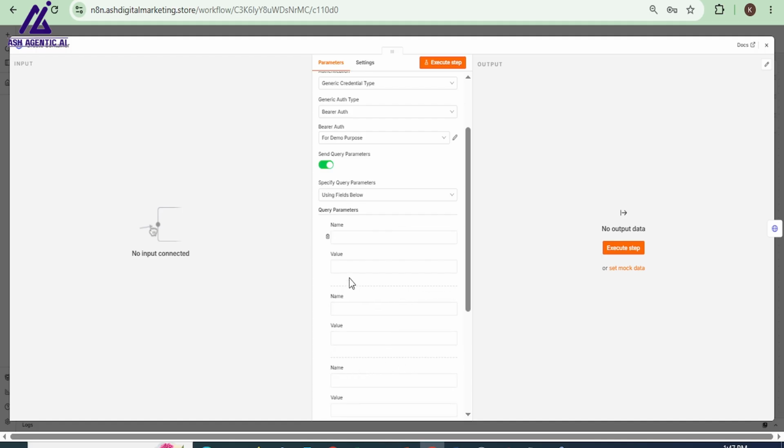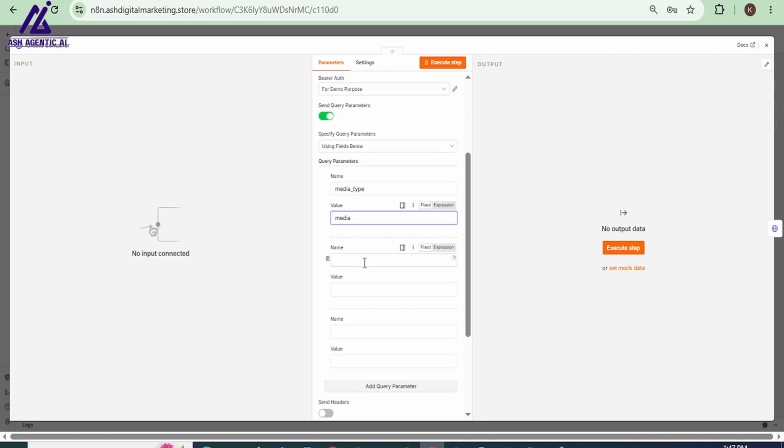So now I'm going to give the parameter name media_type, and in the value field write media. So this is supposed to post the image, and the second one image_url, and in the value field I'm going to paste this URL,